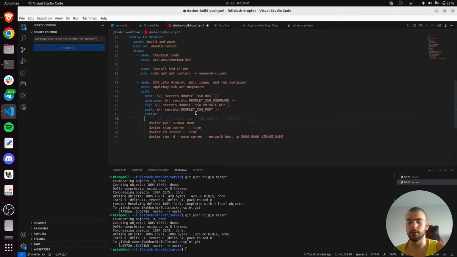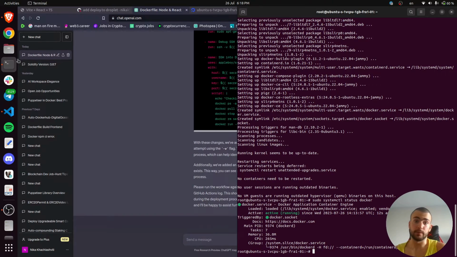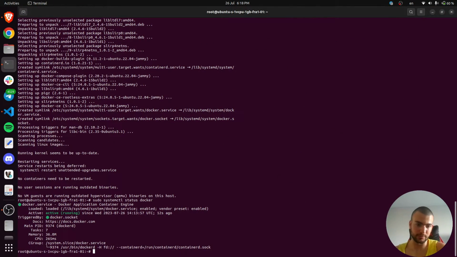But we also forgot something here. We want to log in to Docker. But do we? No, I don't think we have to, because the repository is public. So that's why I don't think we need to log in. So yeah, let's remove this for now, and then we can, okay, we'll do it now. But before we actually do it, I also forgot,